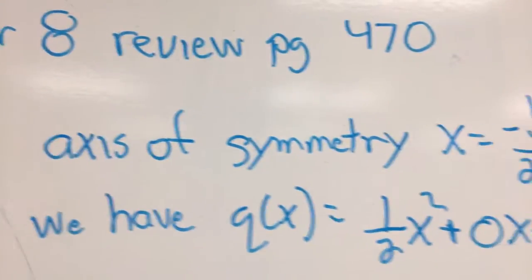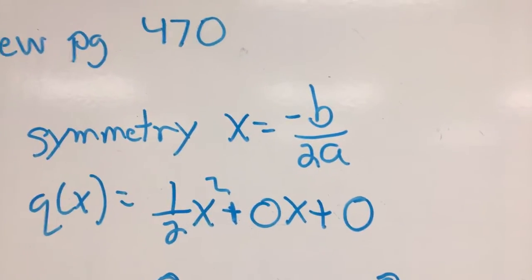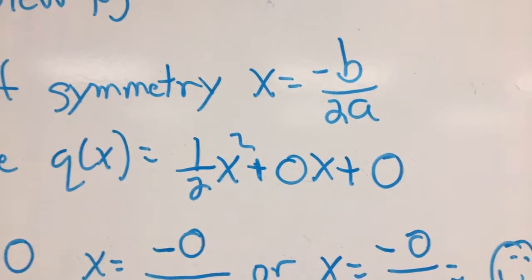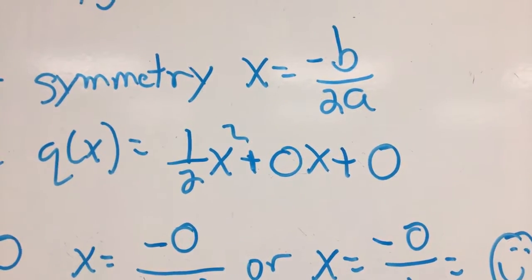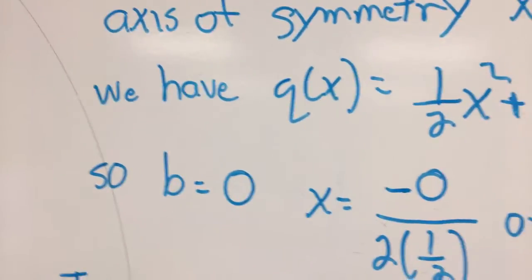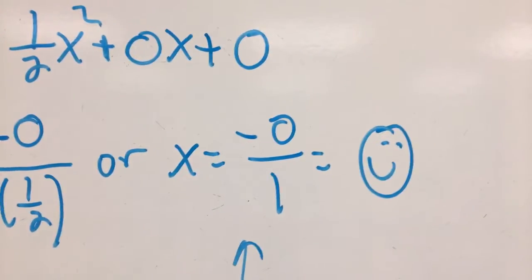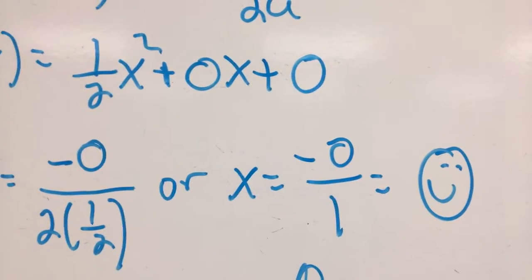If you notice the equation for the axis of symmetry, x is equal to negative b over 2a, you need that. If you put those values in the equation, because we have a half of an x squared plus 0x plus 0. Look at that, b is 0. Look at that, negative 0. Oh, and by the way, 2 times a half is 1. And x is 0, so the axis of symmetry is at 0. All right, so what do we do? Well, how about a